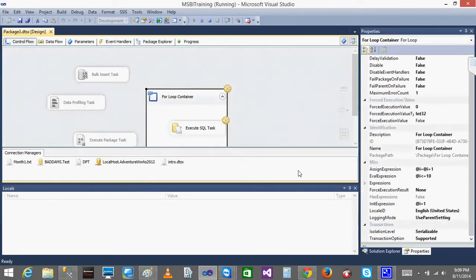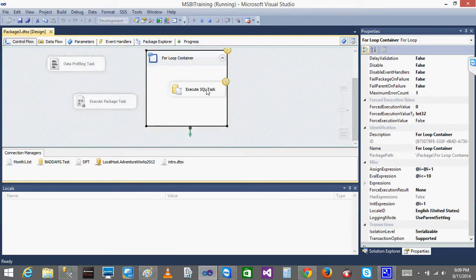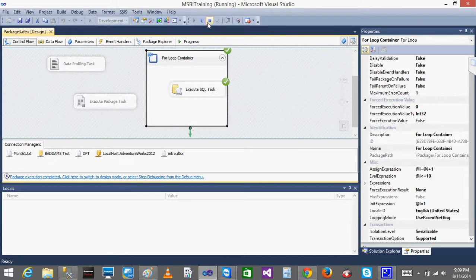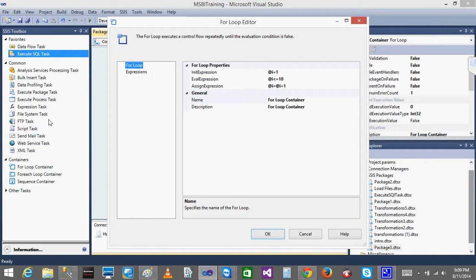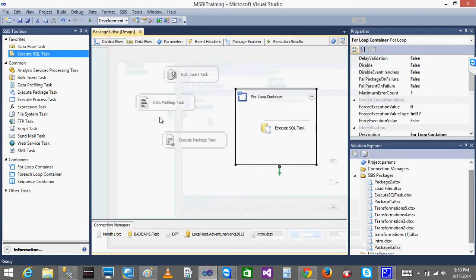See, you can see here one time, 2 time, 3 time, 4 time, 5 time, 6 time, 7 time, 8th time, 9th time, and 10th time. So what is happening, the basic thing is that we have created the variable, which you can call as i, at the rate of i. First I am assigning the value 1 to the variable, and I am increasing it, with the evaluate expression at the rate of 10.